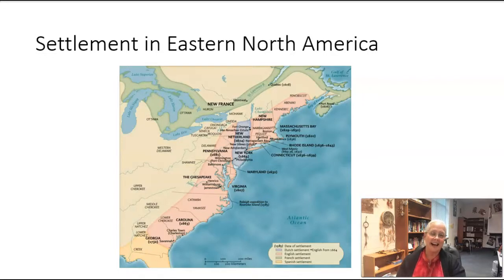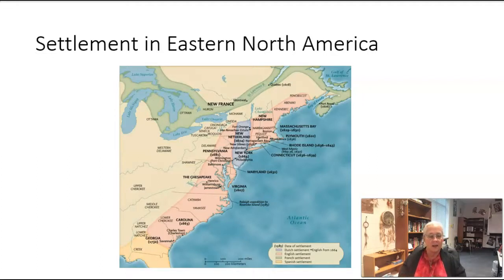Now, the next item we want to talk about is slavery in the colonies. Slavery took on a different form in North America than it did in most other places. In a lot of other places where slavery had been practiced around the world, a slave would work for their master during the day and be able to go home to their families at night. They were allowed to marry. They were allowed to have some kind of normalcy in their life.